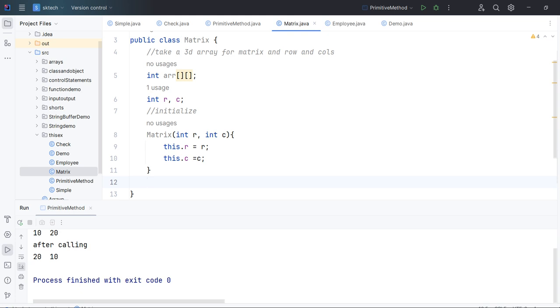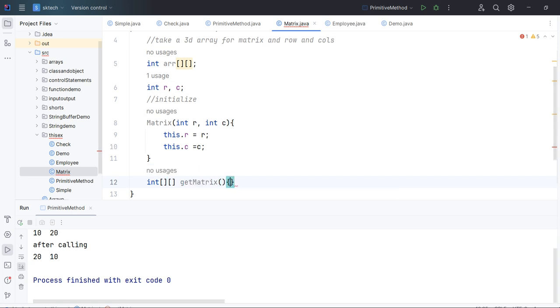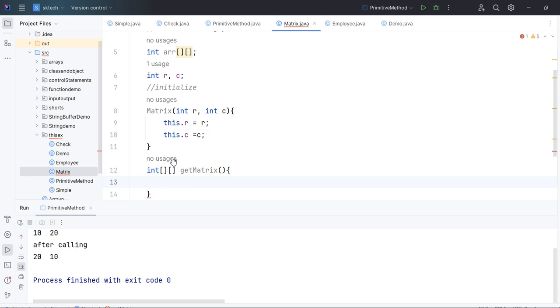Then we are going to write the method getMatrix. How can we write it? We will write something like int two-dimensional array getMatrix, and then we are going to read the data from the keyboard.